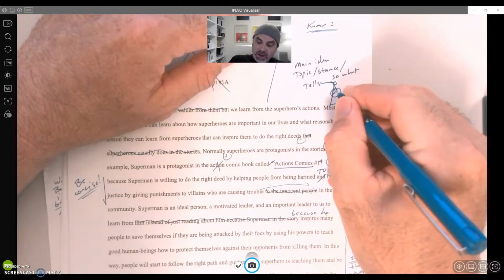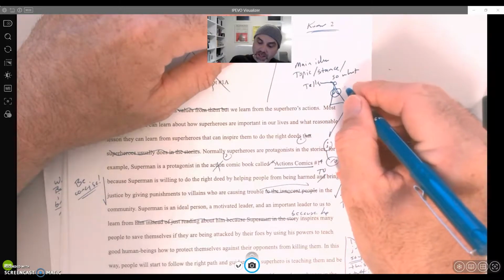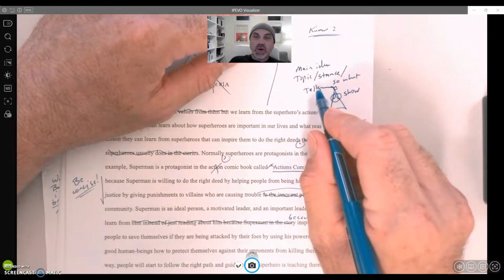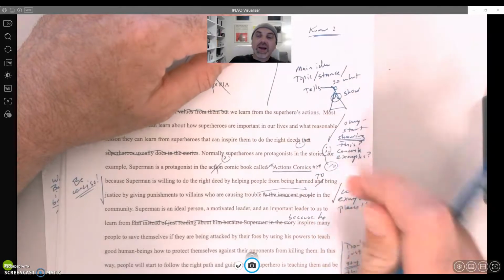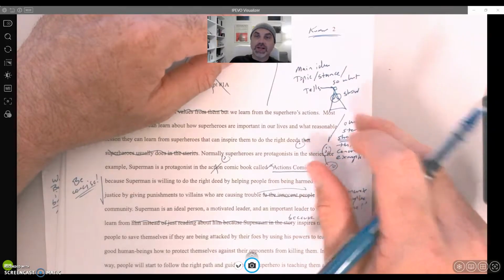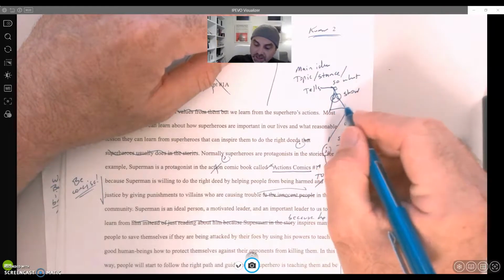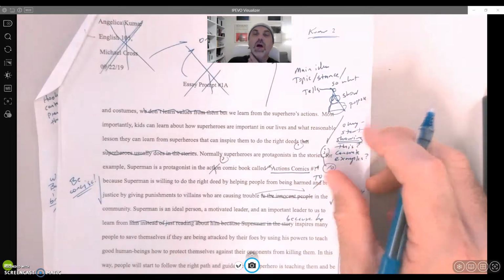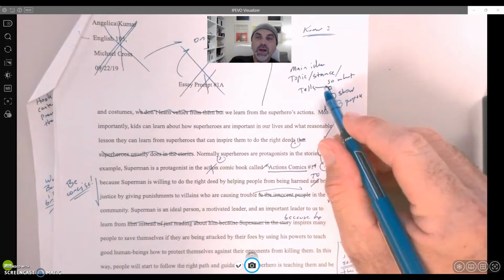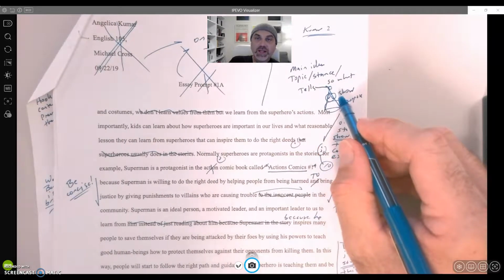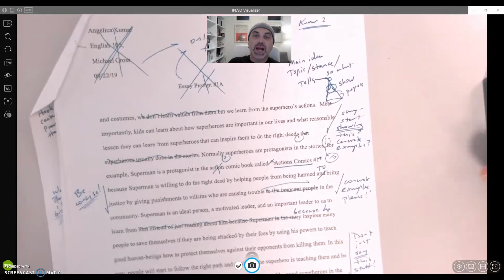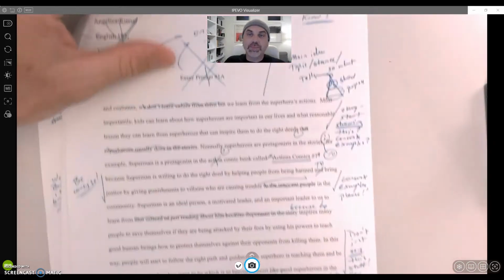And then here in the middle, where it begins kind of opening up a little bit, this is where you need to show. You're going to back this claim up, whatever you just told me, with some concrete details, some concrete evidence. And then finally here at the bottom, this is the place where you show me your purpose. So, okay, I've just told you something, and I've proved it using really good examples. Now I'm going to explain, what does this have to do with my essay, my purpose?